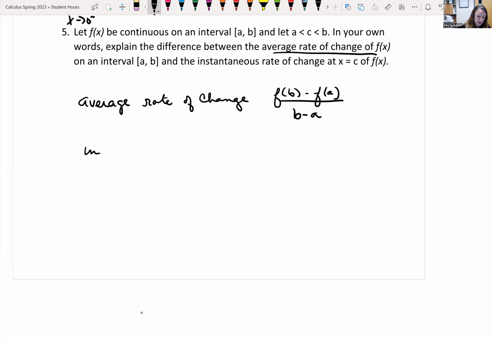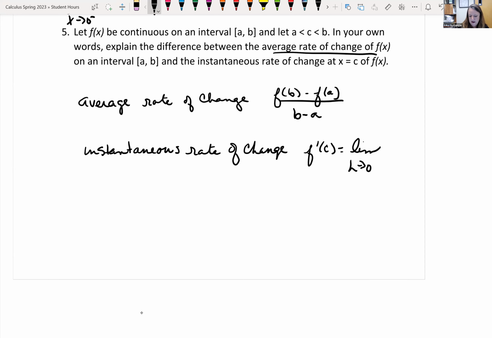And the instantaneous rate of change, well, I could write that as f prime of c. That would be equal to the limit as h goes to 0 of f of c plus h minus f of c all over h. So the average rate of change is giving us, basically,